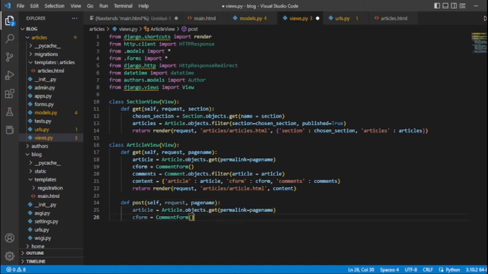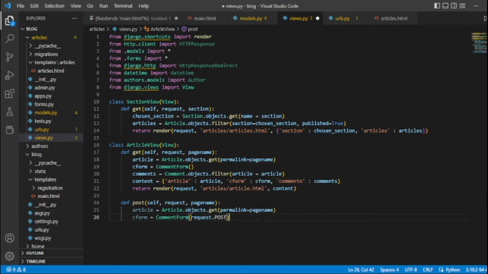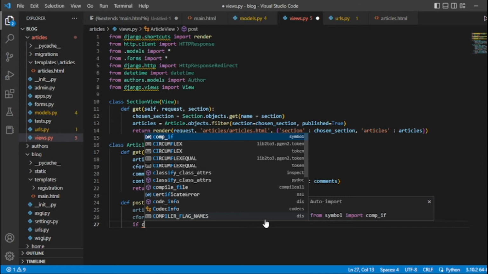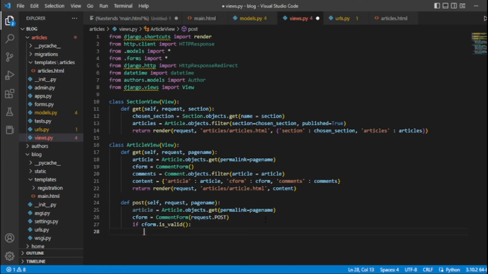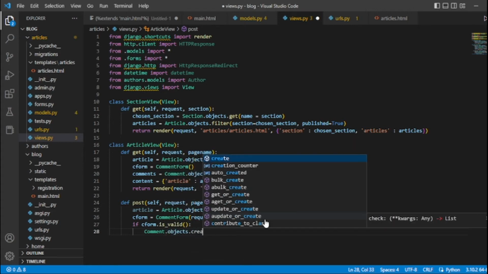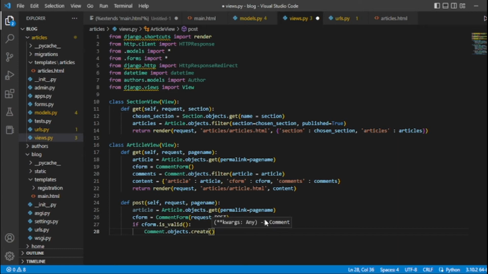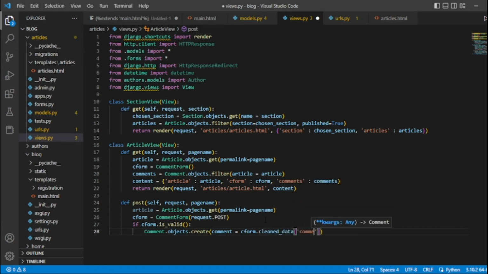These are almost the same, except CommentForm will now have request.POST in there, and then we have if cform.is_valid, if the user has filled it in correctly, then we have Comment.objects.create, and this is a bit ugly, a bit boilerplate and a bit horrible, but comment equals cform.cleaned_data comment,